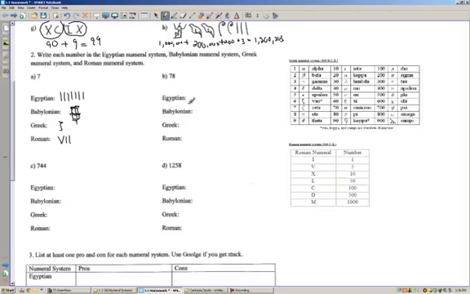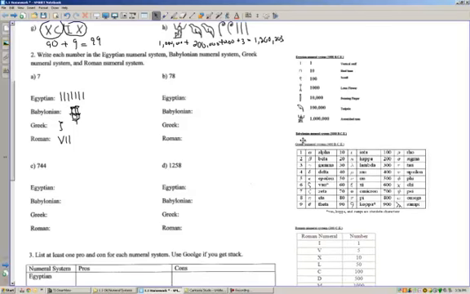Let's look over at 78. Okay, so for 78, we come back here and take a look at the Egyptian numeral system. We can do heel bones, and we can do 7 heel bones. So let's do 7 of those. So here's 7 heel bones. 1, 2, 3, 4, 5, 6, 7 heel bones. And then we have to do 8 vertical staffs. 1, 2, 3, 4, 5, 6, 7, 8. But again, the point of this particular problem is to demonstrate the inefficiencies endemic to the